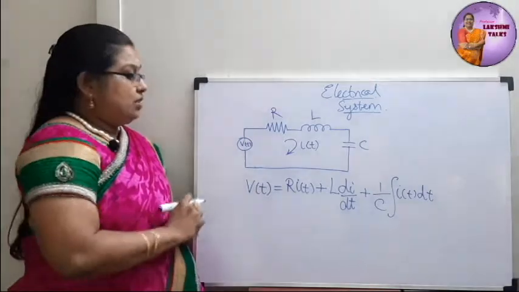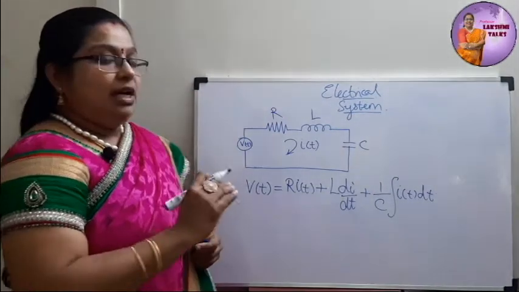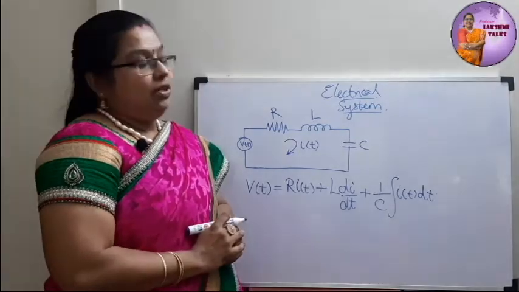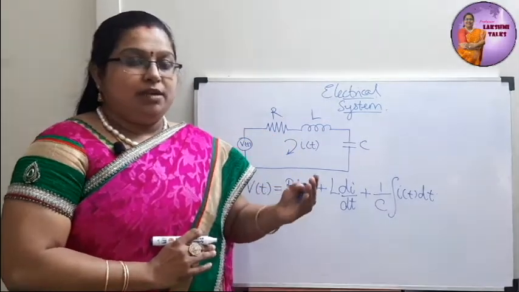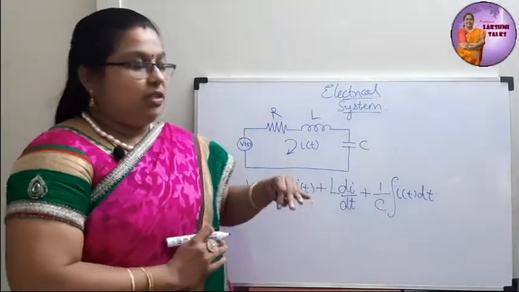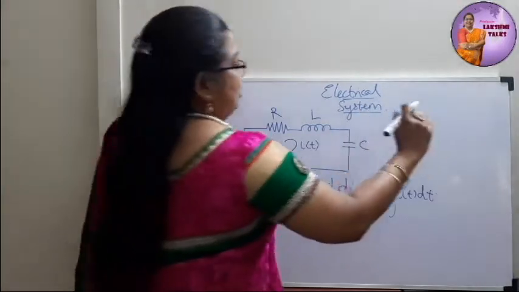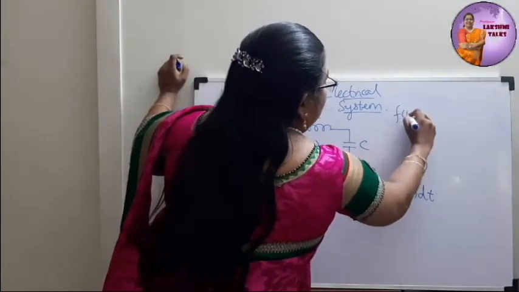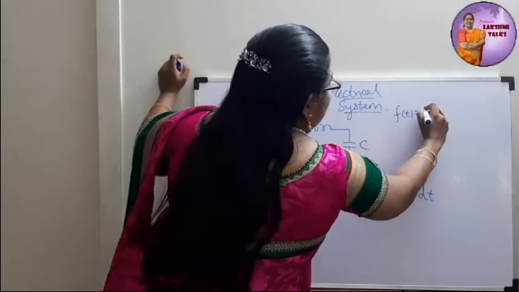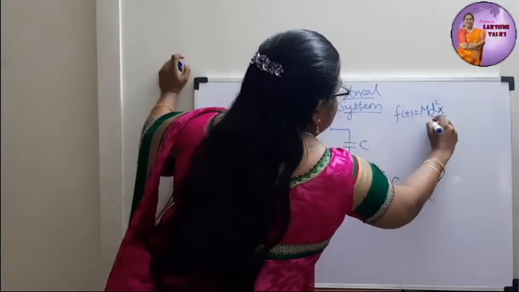So, this is the mathematical equation or mathematical model for an RLC series circuit, and we have already seen that while doing a mathematical model, the physical laws governing the system is used, and here we have used Kirchhoff's voltage law. We have told in the beginning of the lecture itself that we are going to see about analogous systems.